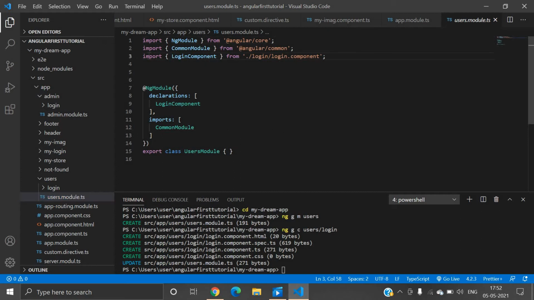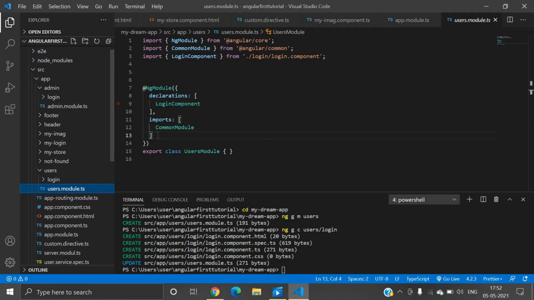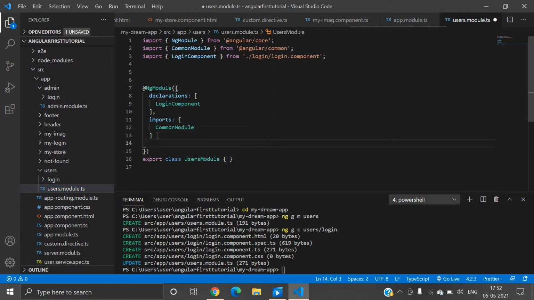Now here you can see the login component is automatically added, because this is an advantage of Angular. It will automatically add the import of the component, and after that we have to export it, because if you want to use this component in our project, first of all we have to export this component, right?